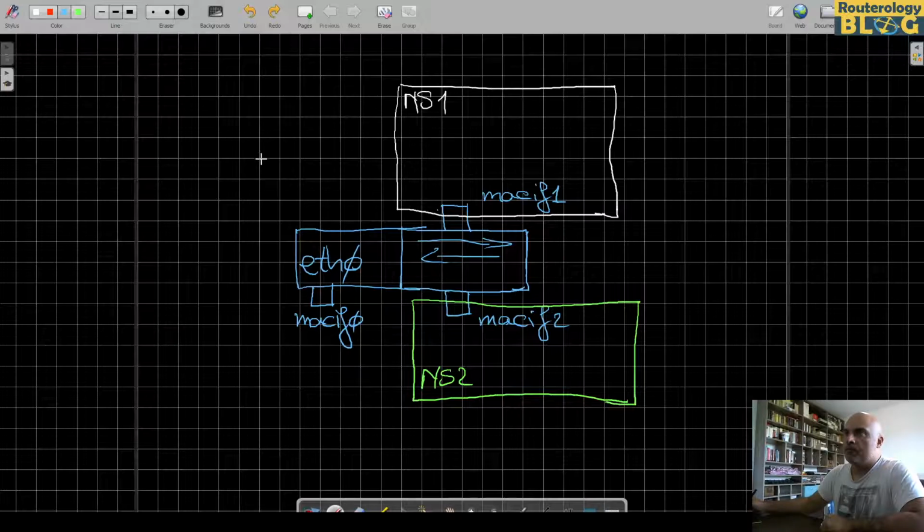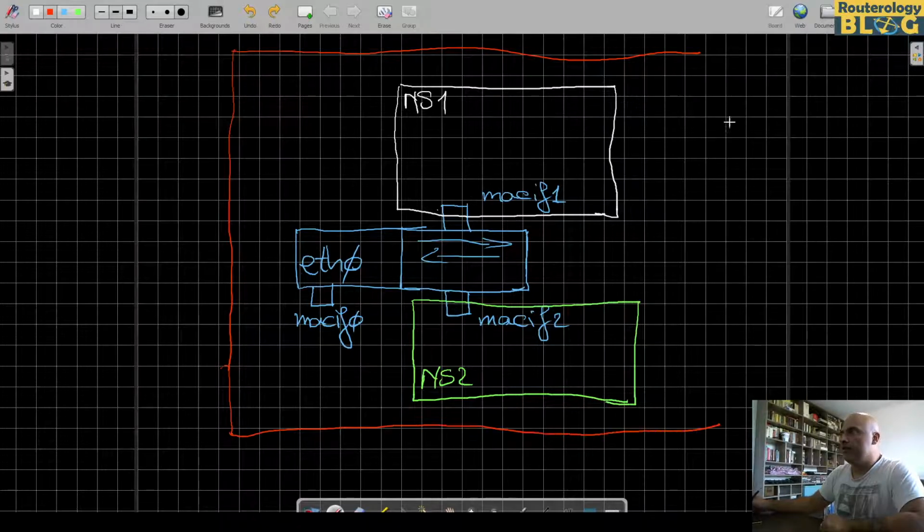So let's say that all of this that I have drawn until now exists inside a virtual machine, a VirtualBox machine. So this ETH0 is an interface